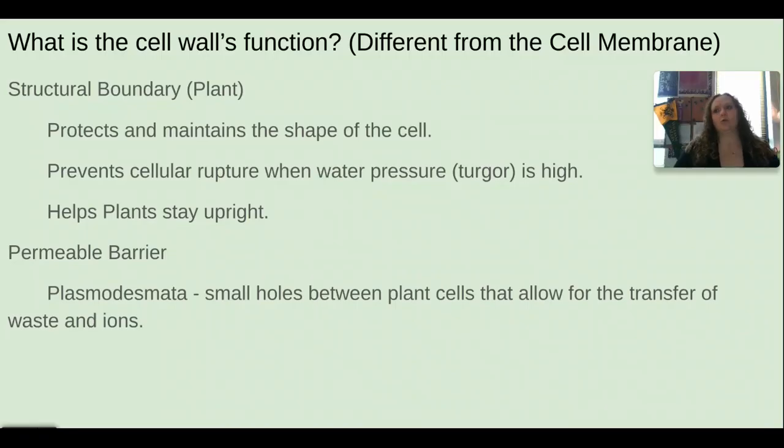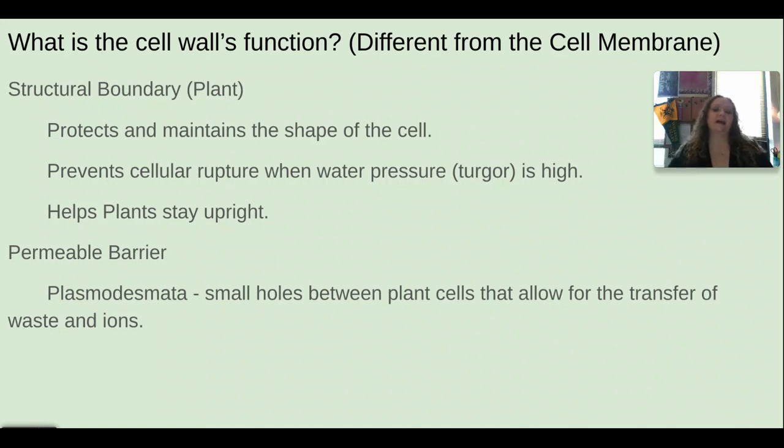Let's move to cell walls. Let's talk just a little bit about the cell wall, which is found in plants. It can also be found in fungi. It's also found in bacteria, which are prokaryotes. So how is the cell wall and the cell membrane different? Well, the cell wall is going to produce a structural boundary for plants and other organisms that have cell walls. It's going to help protect and maintain the shape of the cell, and it prevents the cell from rupturing when